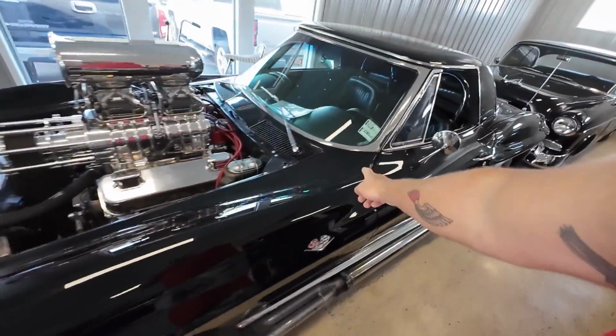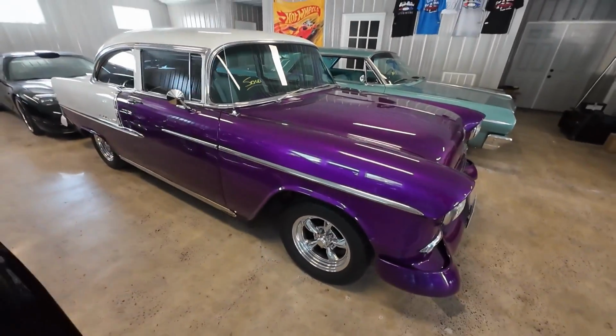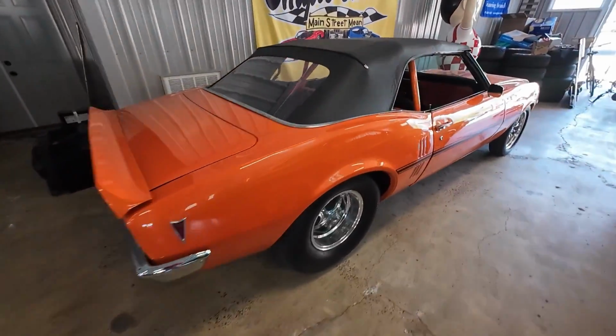This one here sold pretty quick. I never got to list it. Same with this one. Never got to list it. I actually wanted that car, but I didn't even know we had it in stock, and it sold before I could do anything with it. This one here,